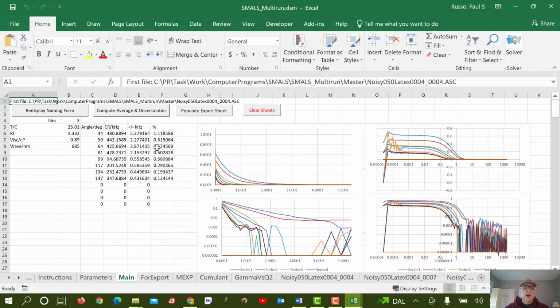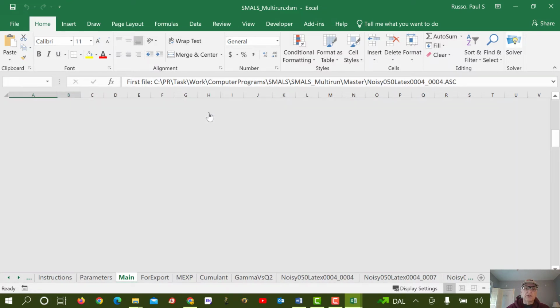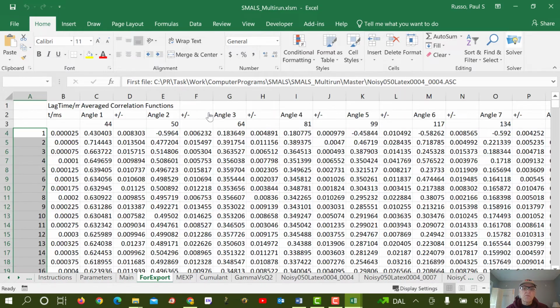So the next thing that you have to do is populate export sheet. Now, maybe you don't plan to export the data to some other program to make it beautiful. But even so, you have to click this to do further analysis because the further analysis grabs the data from that for export sheet. All right, so let's go ahead and do